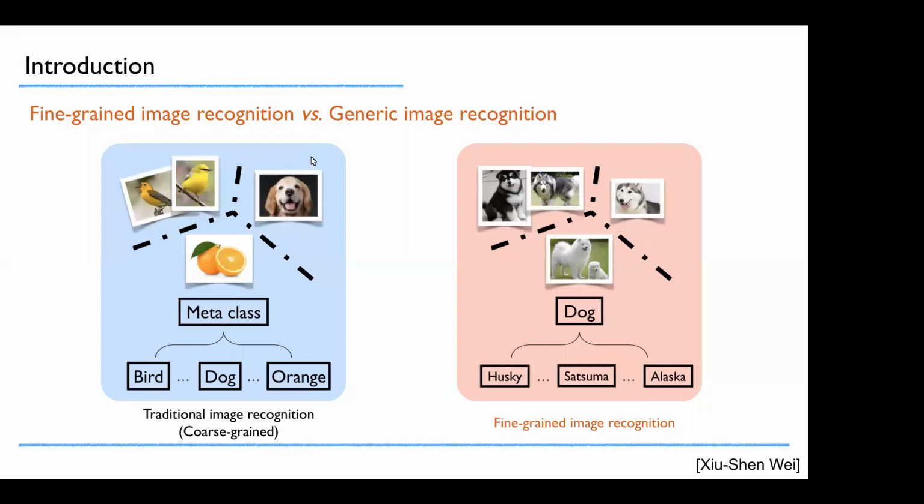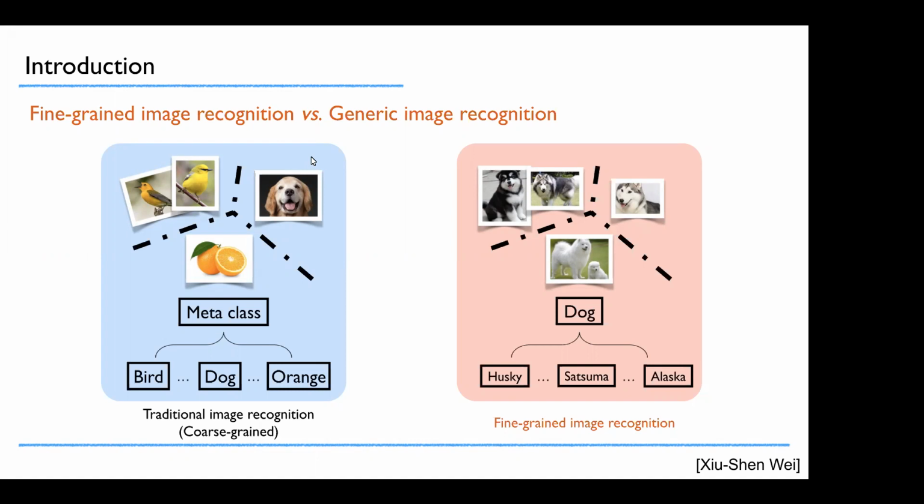And we're not so concerned with the specific varietal of the citrus fruit or the breed of the dog. It's really just about those high-level categories versus one another. In the case of fine-grained image recognition, we are concerned about things like dog breed or these minor differences between